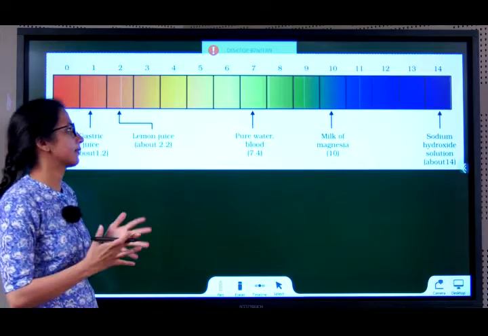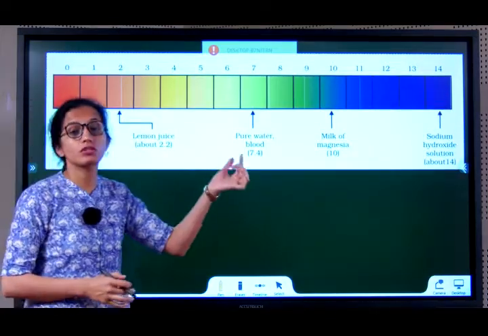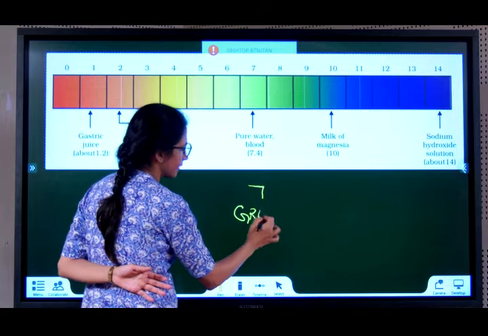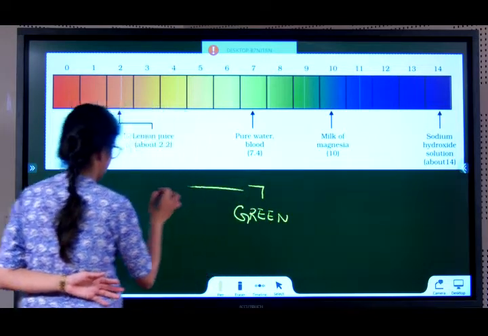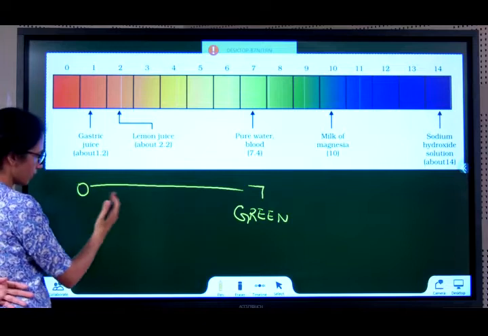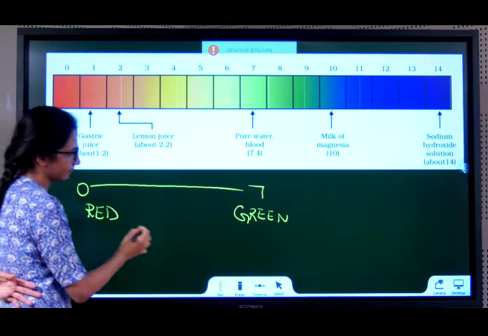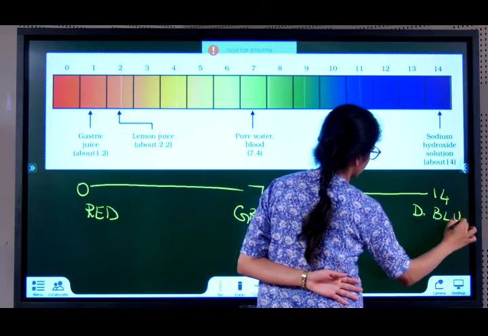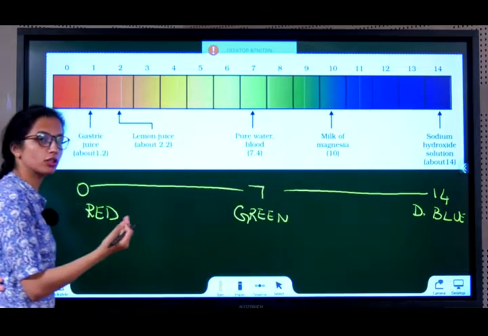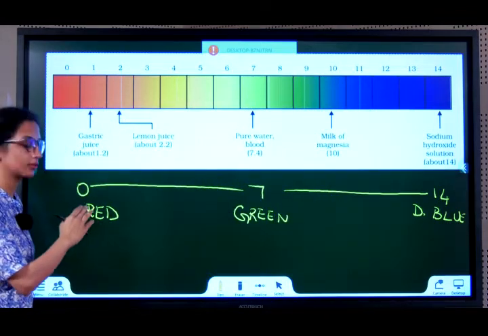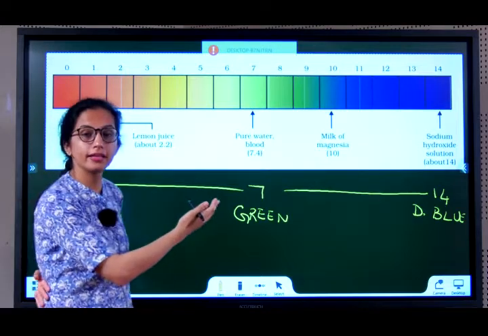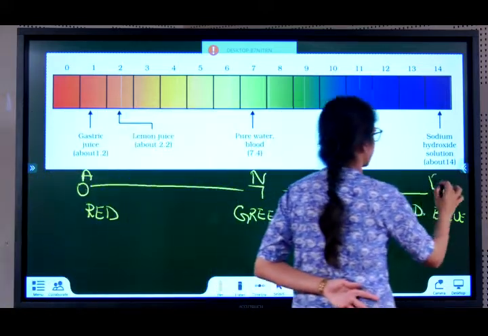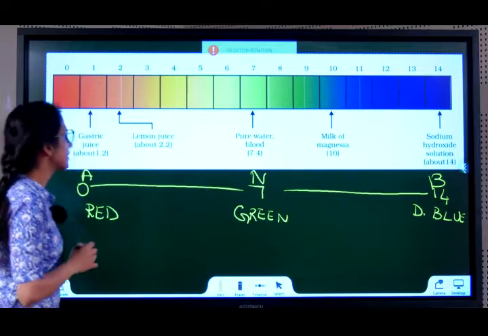So now let's see the range of colors that it produces. A pH value of 7, you need to know this much, produces green color. The pH solution turns green. Towards 0 and 1, it's usually red color. Towards 14, it's usually dark blue. So if something shows bluish color, base. Reddish color, acid. Greenish color, then it's neutral. So we know this is acid, neutral, base.